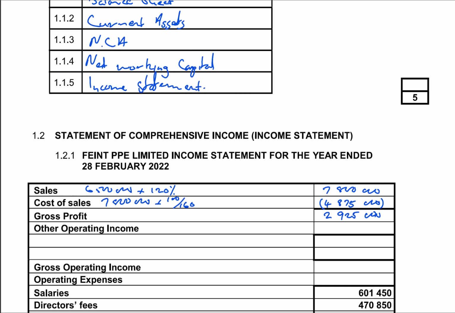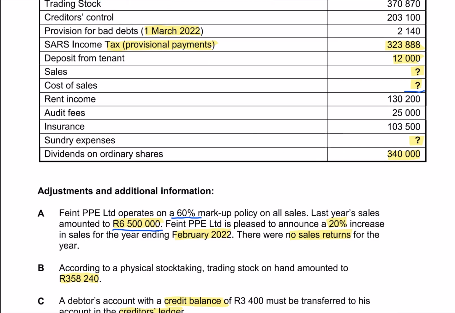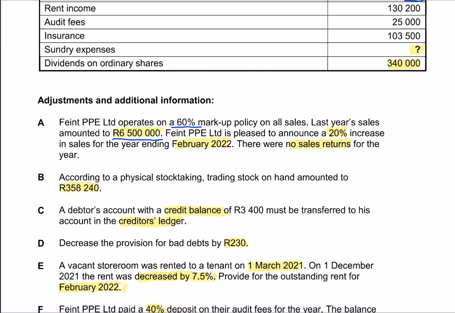Right, other incomes, we have rent income, then provision for bad debts. This one we're given is 230. I'll show you where it is. Your total decrease in provision for bad debts is 230, so that's an income. Then our rent,